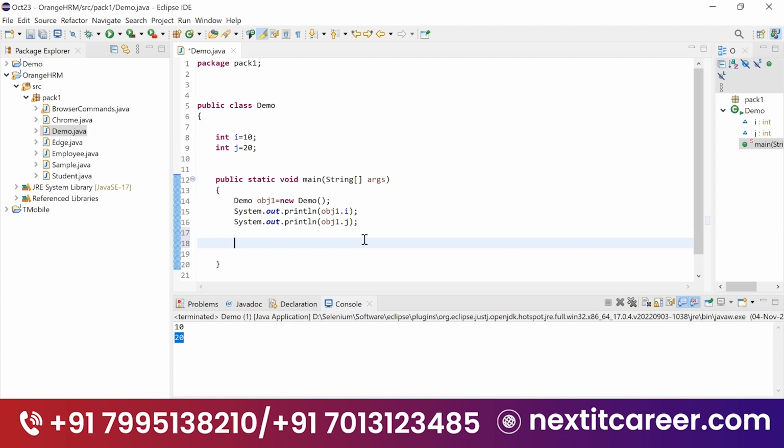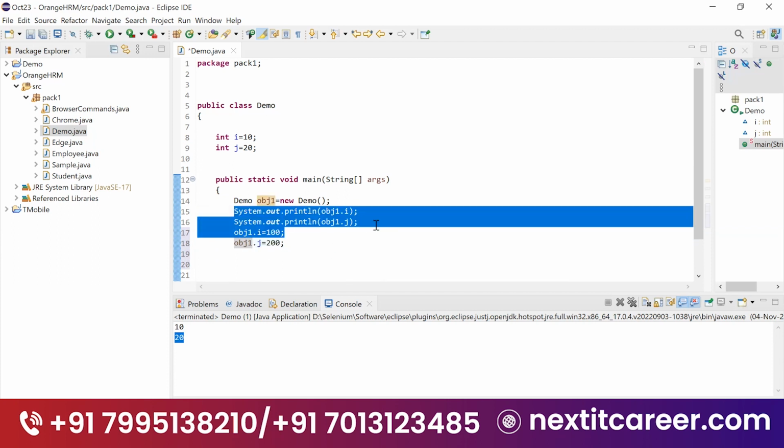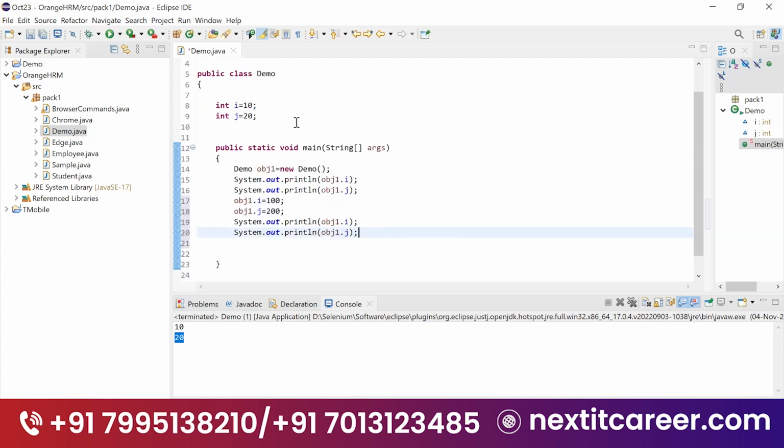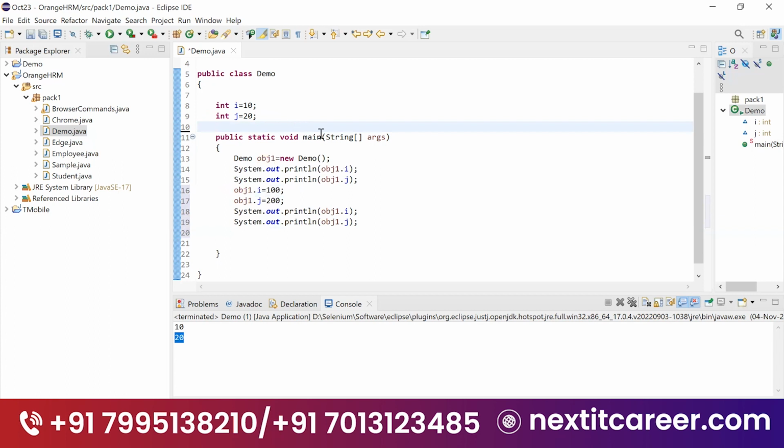Now what I'm doing is modifying the value: obj1.i = 100, and obj1.j = 200. After modifying, I'm displaying the values. Now, what is the output for this statement? 10, right? And this is